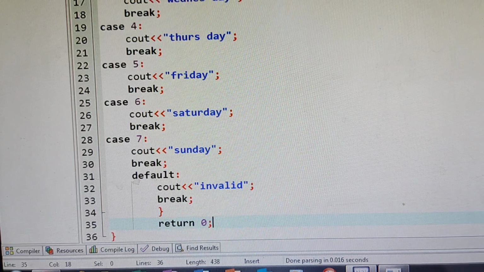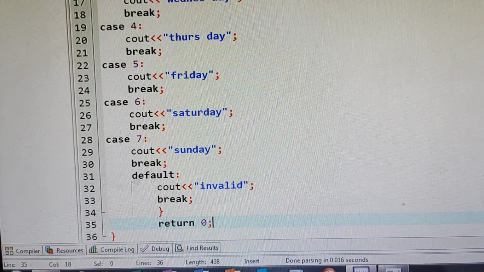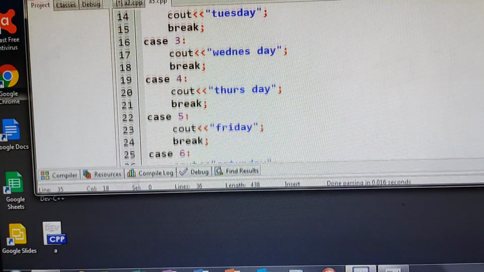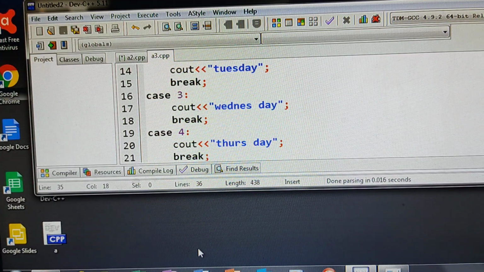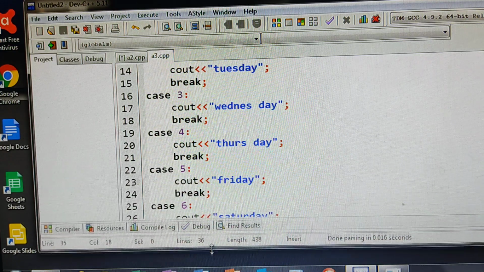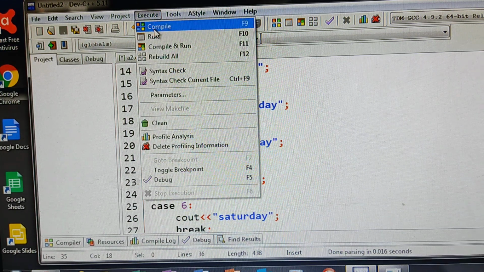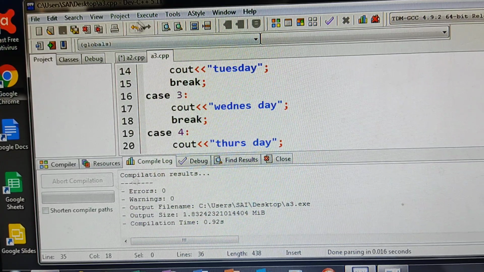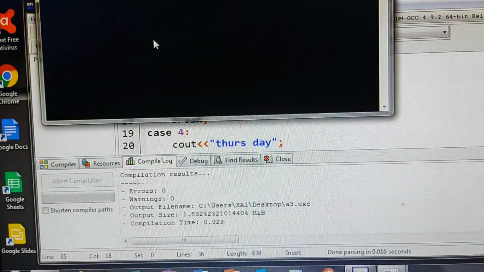Now we will go to execute and we will see whether it is giving a correct output or not. Execute, compile. See, errors are 0. So if the errors are 0, then you run this program. We will see what it is giving.